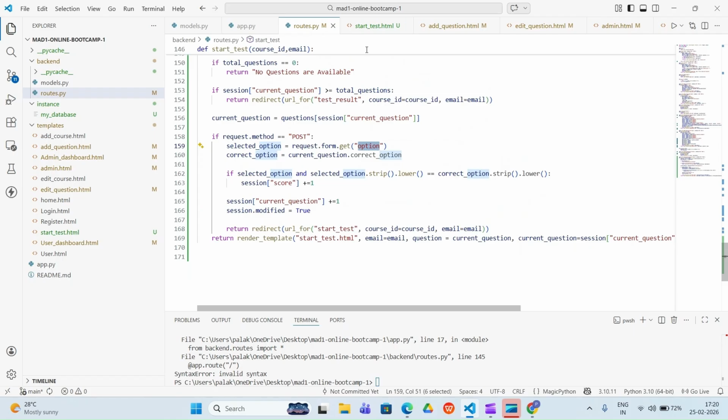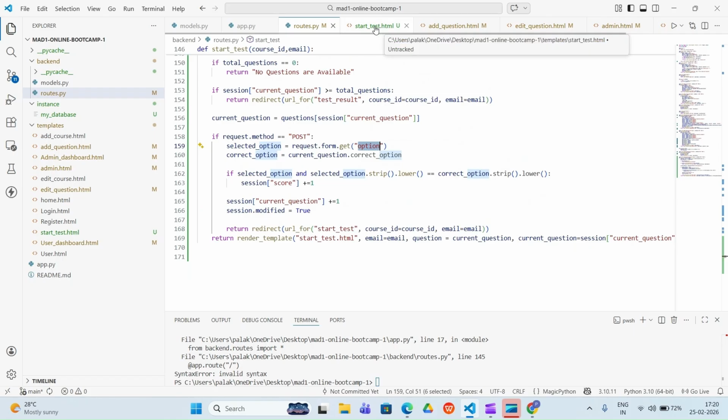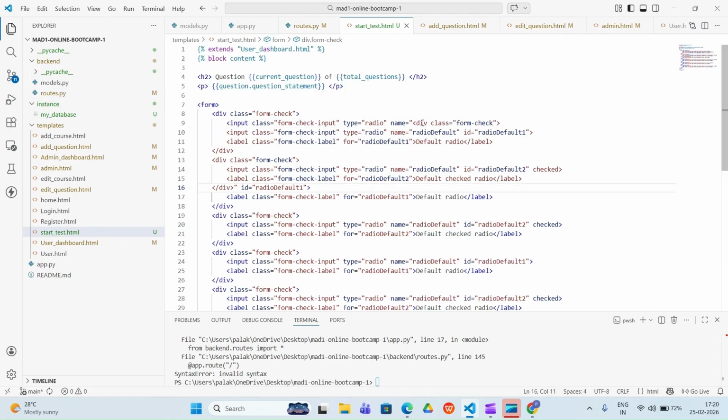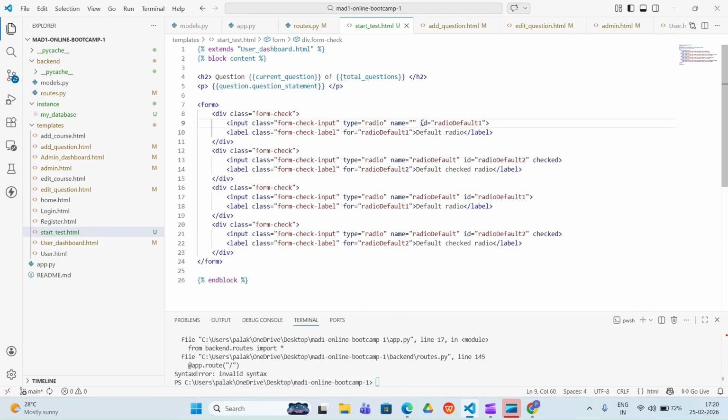So we need to give it here in start_test.html also, and connect it with the option. We will write option here, and similarly for the others we write option in the same manner.